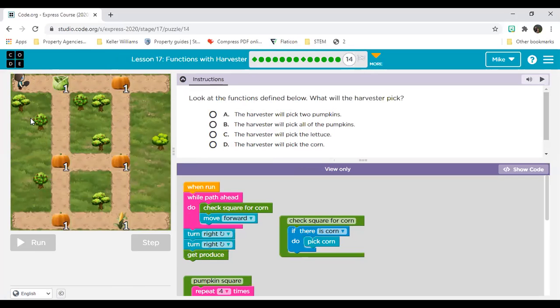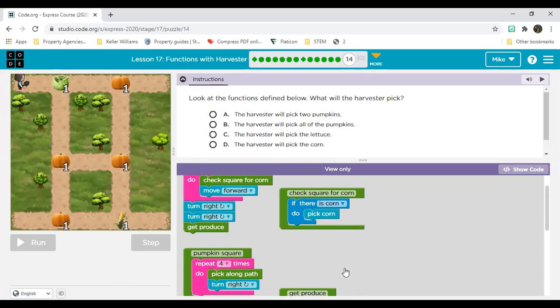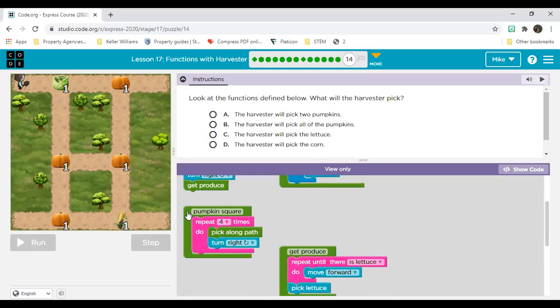Okay, let's look at our picture. Let's look at our functions. Can I move the functions now? Check square for corn. So she's going to check if there is corn, pick corn. Then we also have pumpkin square, repeat 4 times, move along path, turn right. Okay, so there we've got a square, and there we've got a square. And here, get produce,